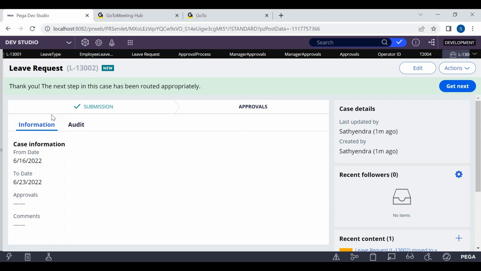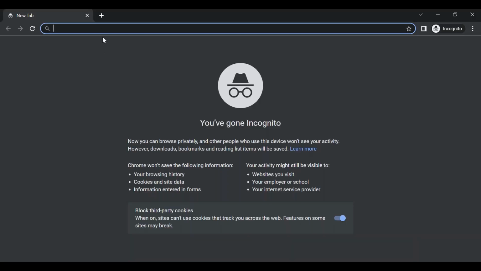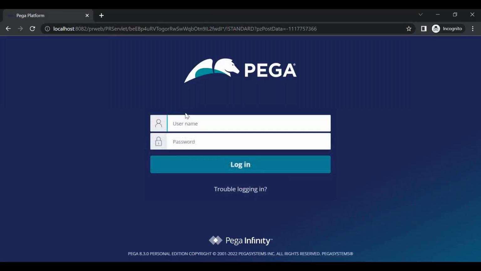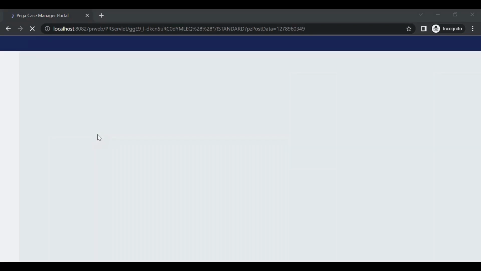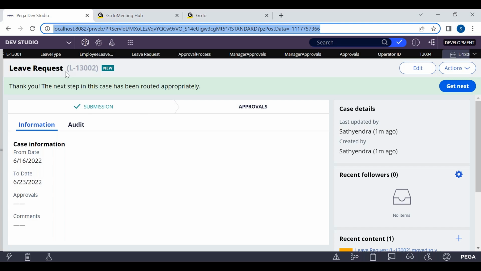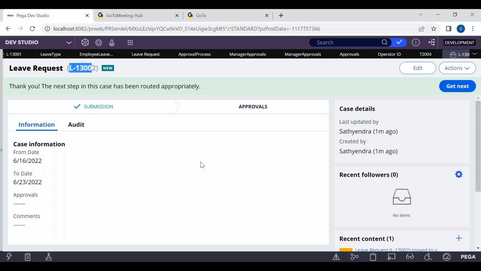So we'll see that later. So now let's log in with the manager. Into 004, right? And we have a routed assignment that is